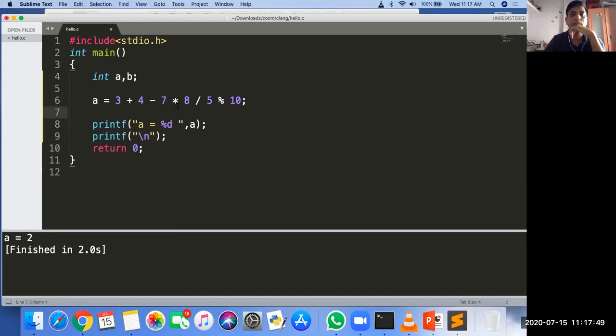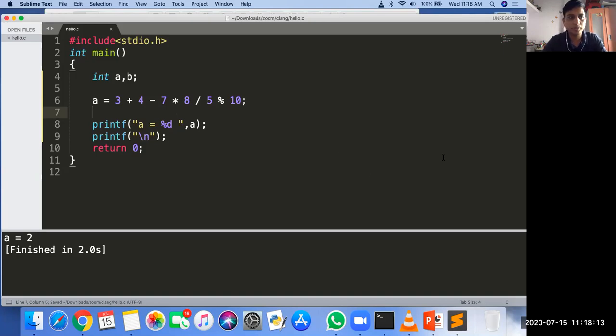Plus is there, minus is there, multiplication, division, modulo operator is there. So the output? Sir, is it 0? Any other answer? Have you solved it?